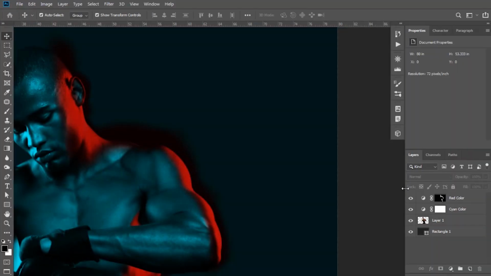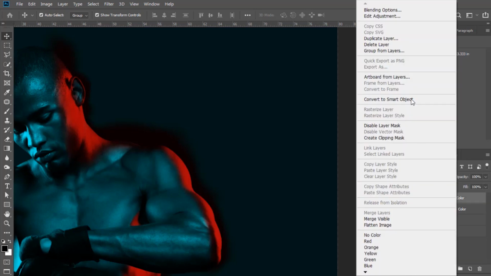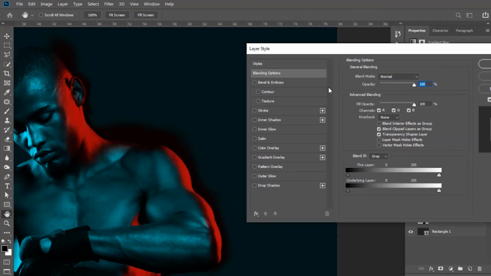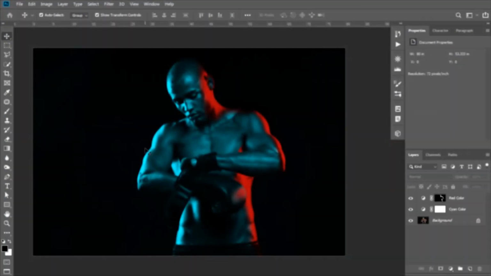If the brush has been applied to the outside of the character, it will be visible in case the background of your character is not pure black. So to adjust this, go to the blending properties of the layer and adjust here. If we press Alt, it will break apart the slider and a smoother adjustment can be carried out. As in my case, the background is almost pure black, so I do not need to do this adjustment.